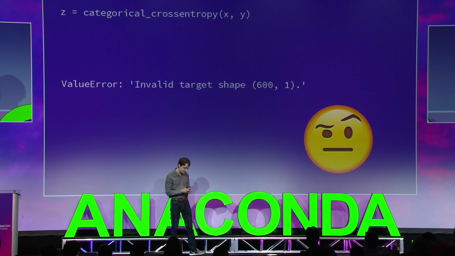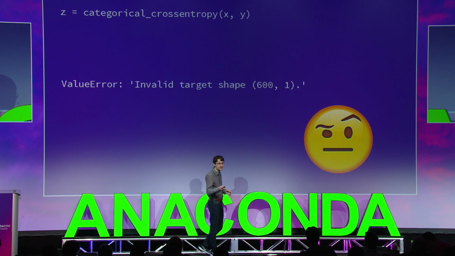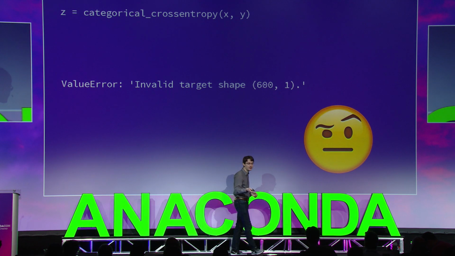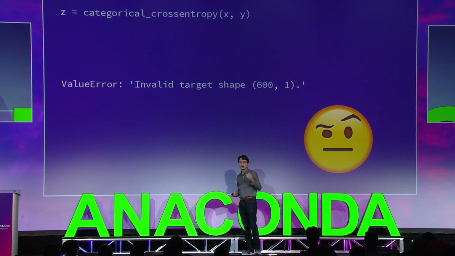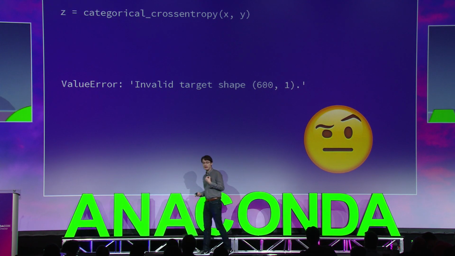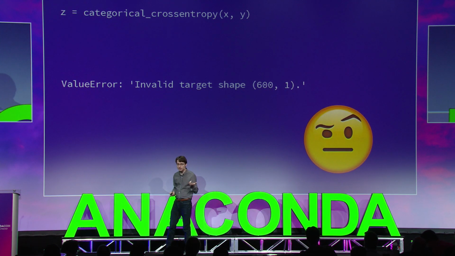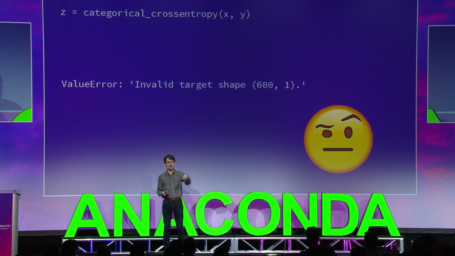So this is a slightly better error message. At least it's giving you some context. It's telling you what went wrong. Invalid target shape. OK. What it's missing is it's not telling you why the framework thought this was an invalid target shape. So it's not telling you the expectations of the framework. It's giving you context, but it's missing framework expectations. And it's not giving you tips for how to fix it. So it's not very actionable.